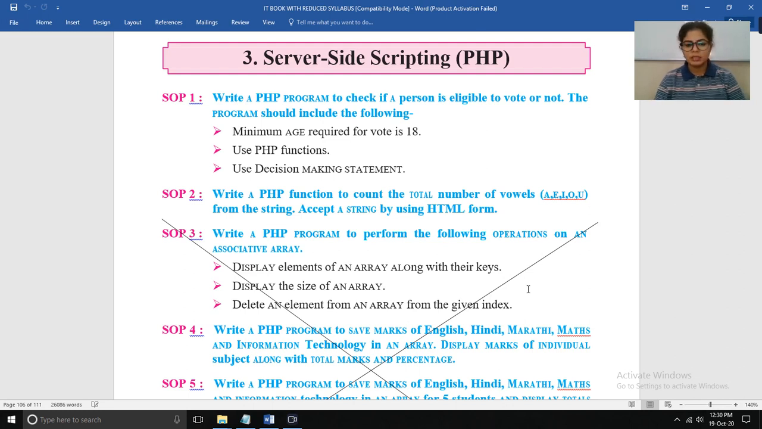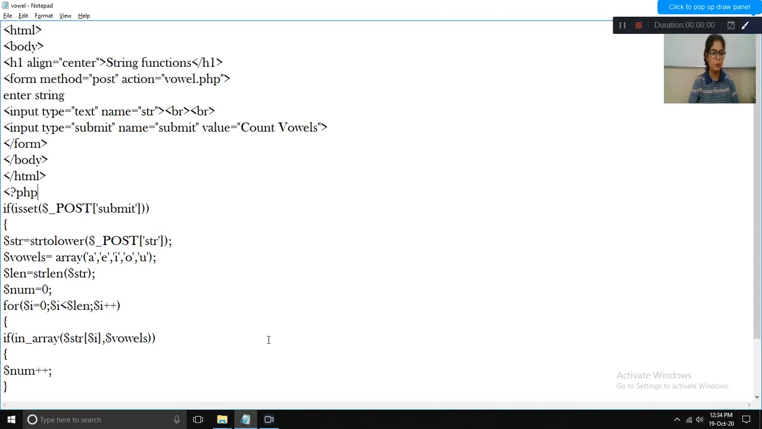So let's start with the program. The first line is HTML. Now after the HTML, the second tag is the body tag. I have skipped the head and title tags. You can add them if you want. So inside the body tag,